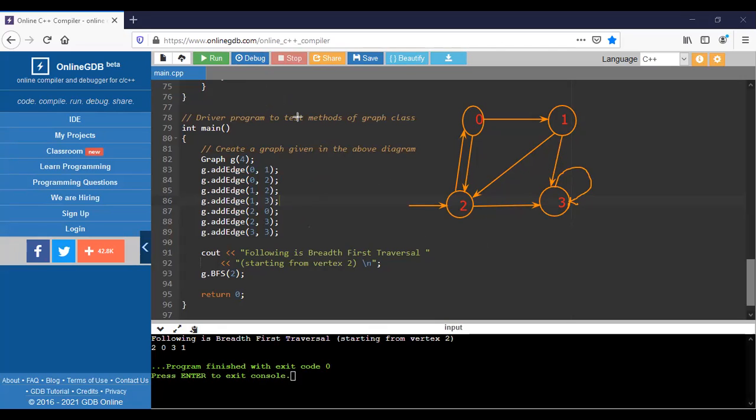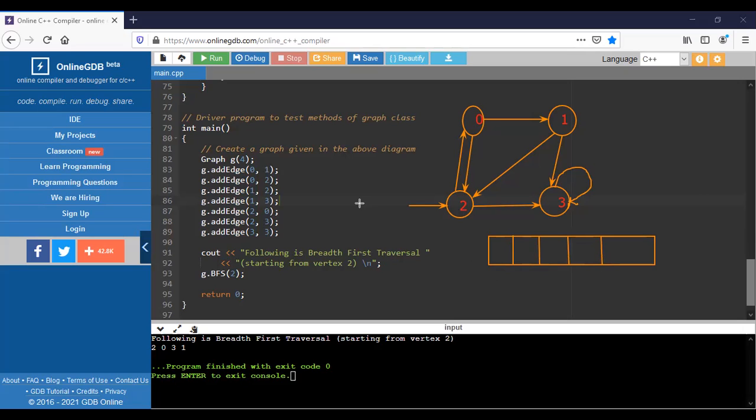Okay. So now see how it is a visited one. From where are we starting? We are starting from 2. The values we are indicating here are initially 0.